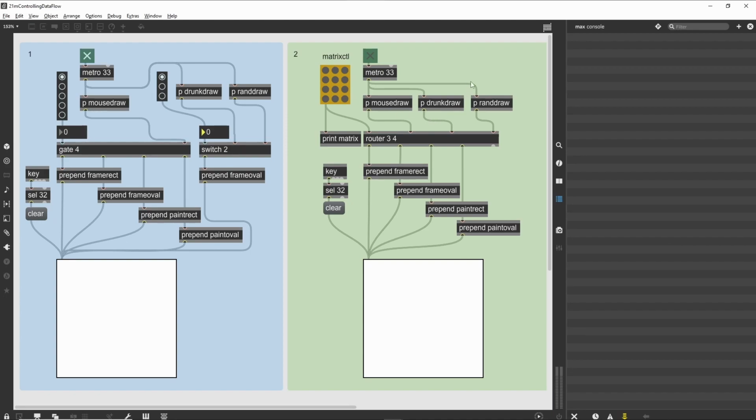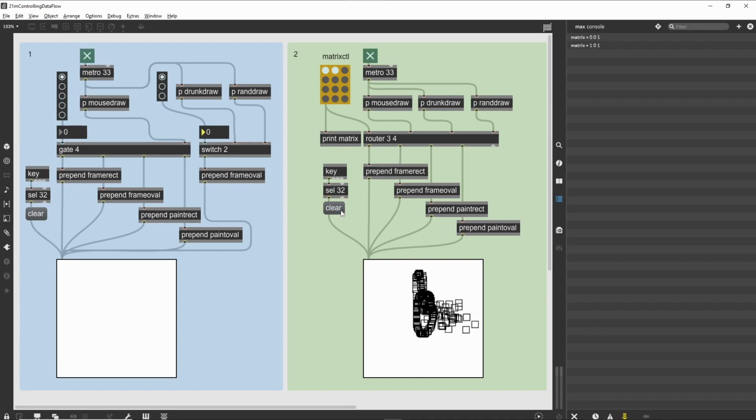If you click on the intersection of 2 lines, a small puck is displayed, implying that a connection has been made. So, for example, clicking on the top left intersection connects the leftmost input to the leftmost output, causing the mouse draw patcher to produce framed rectangles when the metro is turned on. Turn on the metro with the toggle labeled 2 and experiment with setting and unsetting different connections in the matrixctrl